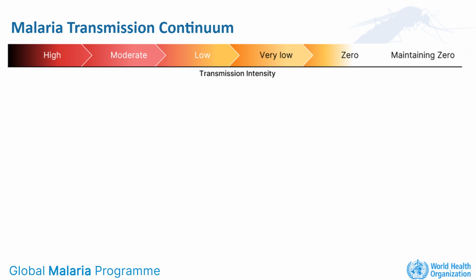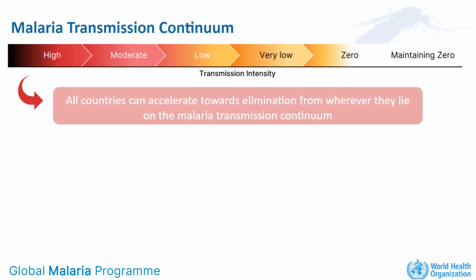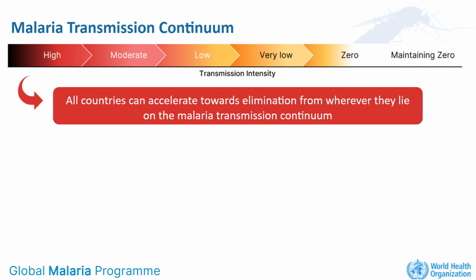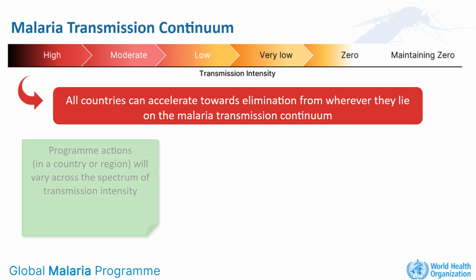These categories are no longer used. Instead, it is now recognized that no matter where countries or subnational regions lie on the continuum, they are encouraged to progress towards elimination. The continuum shows that countries and subnational areas can be found all along the range from